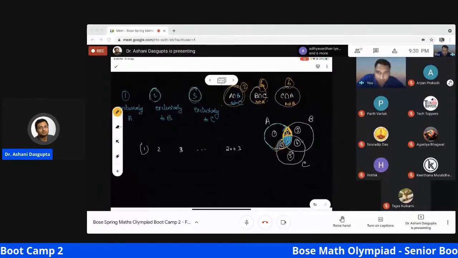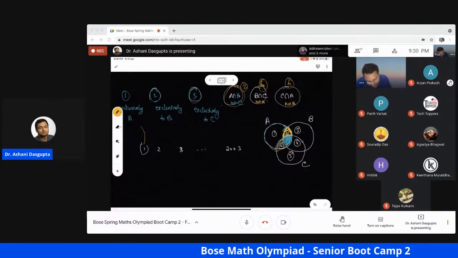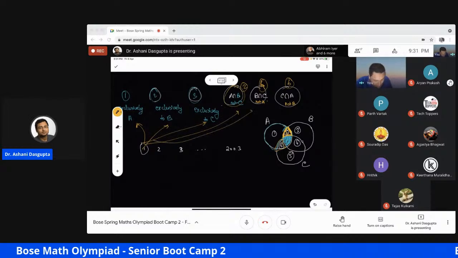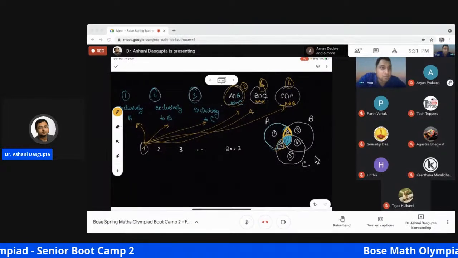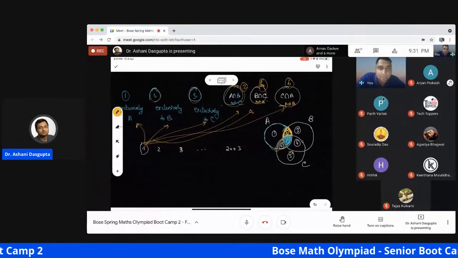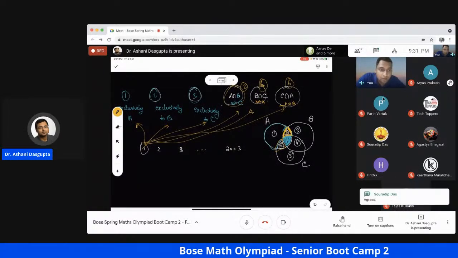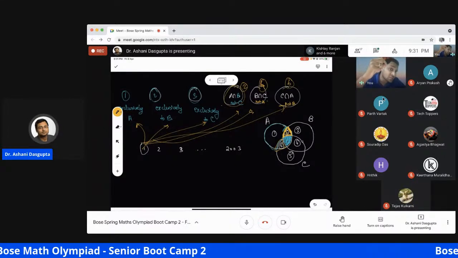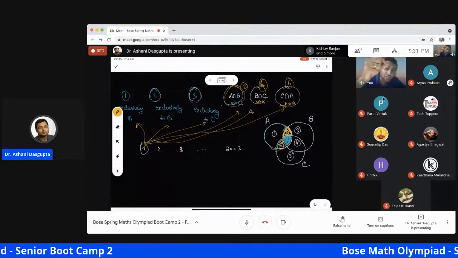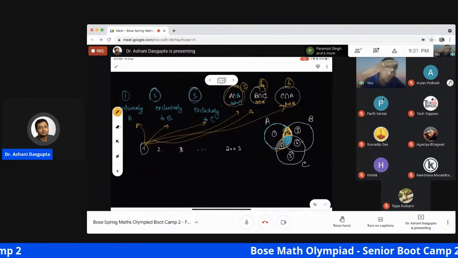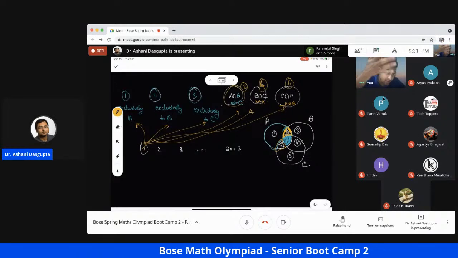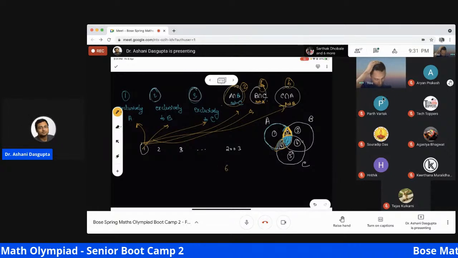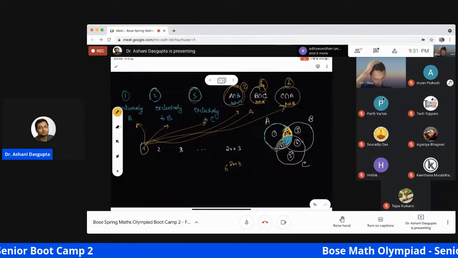It's a very interesting problem. You have 6 regions, and each number can go to exactly one of the 6 regions. Is that acceptable to all of you? Do all of you understand what I'm saying? Each number can go exactly to one of the 6 regions. So for 2003, it must go somewhere, right? So it is 6 to the power 2003 choices